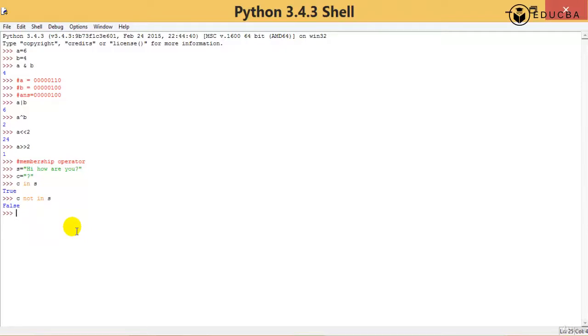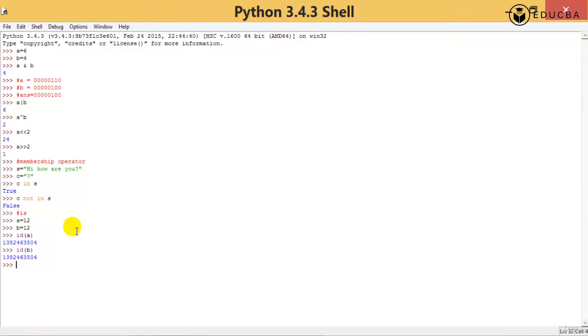Finally, we come to the last operator, which we can call the is operator. What does this is operator do? Say, for example, I hope I've explained this in the first lecture itself, but I had told you that if a is equal to 12 and if I say b is equal to 12, and if you want you can find out the id of a and you can find out the id of b. Okay, both of them are having the same ids, which means in Python,